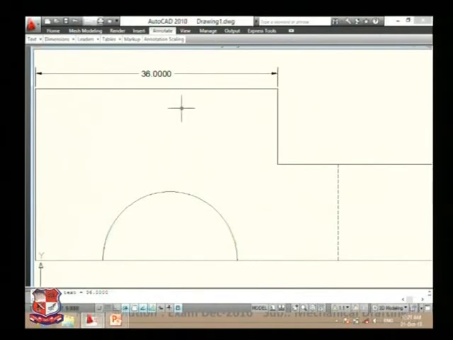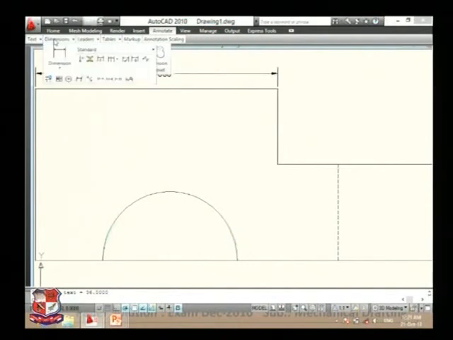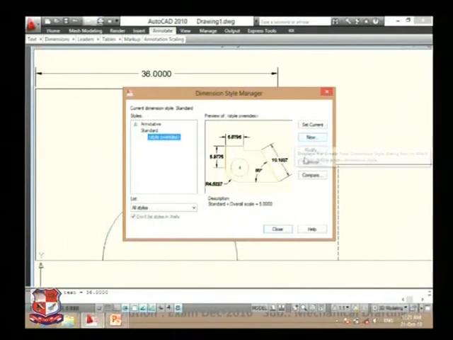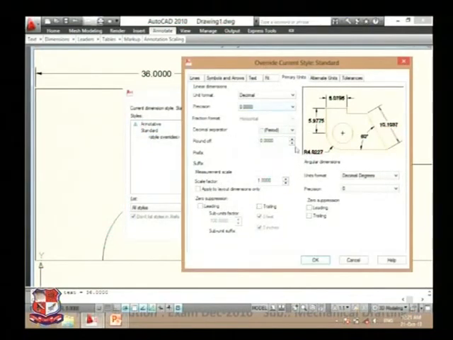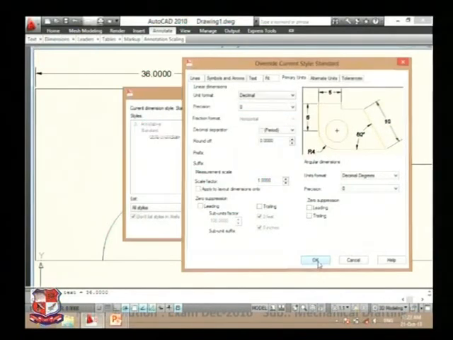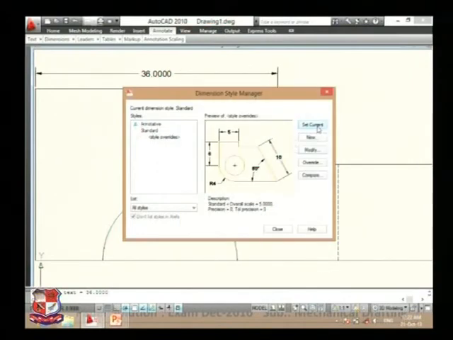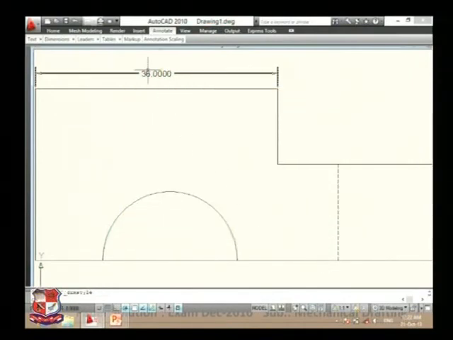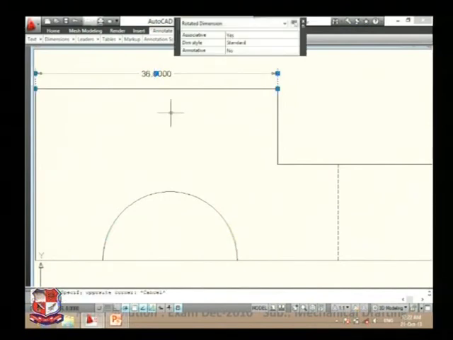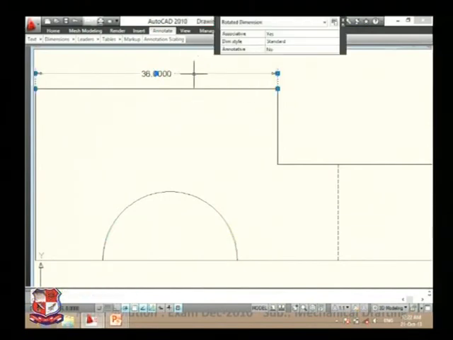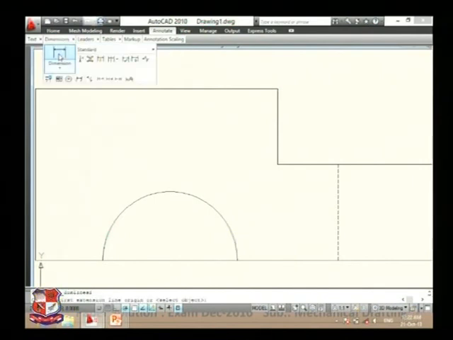Here it is 36 millimeter, but here 36.0000 is there. How to reduce these zeros? So for that also we do have option here. In this option, modify these parameters. In these parameters, here 4 digits are there. So reduce this precision to 00. OK, and set current. Close. Now if we insert any dimension, this 0 would not be there. For example, erase this and again we insert the dimension. Insert this dimension from this end